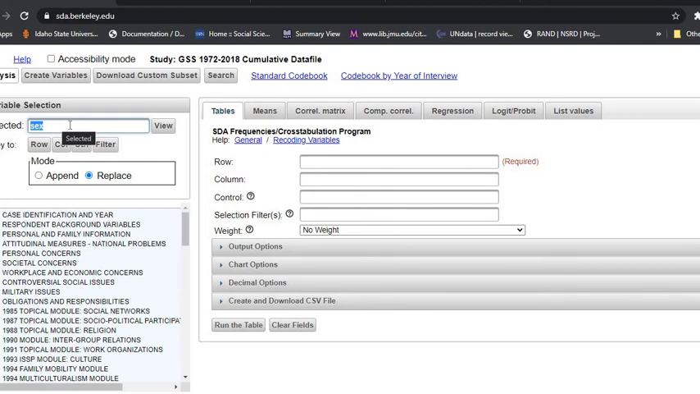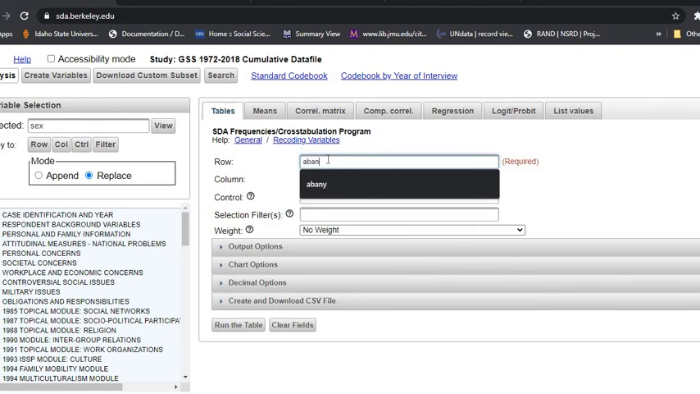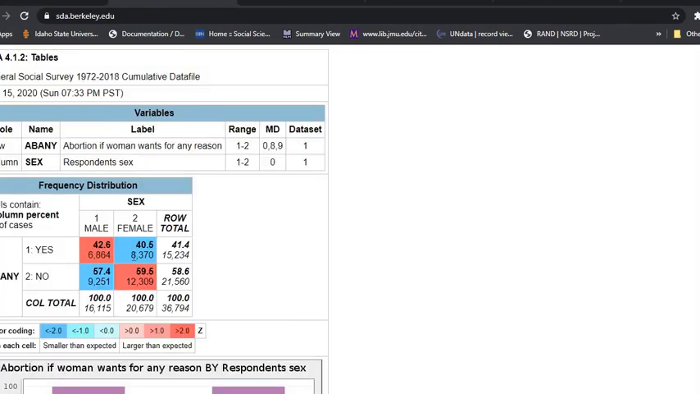After you've talked about each of these variables individually, you want to put them together as your final step. I'm going to put this background variable in the column field, and I'm going to put abany, the variable name for attitudes towards abortion. I'm going to run the table to get my cross-tabulation table, and I'm going to analyze it. Then you'll write up the final part of your little paragraph that you'll email me for your assignment. You'll say it's mostly females in the sample,